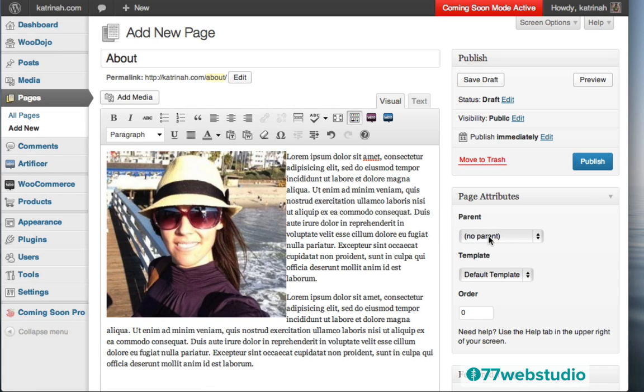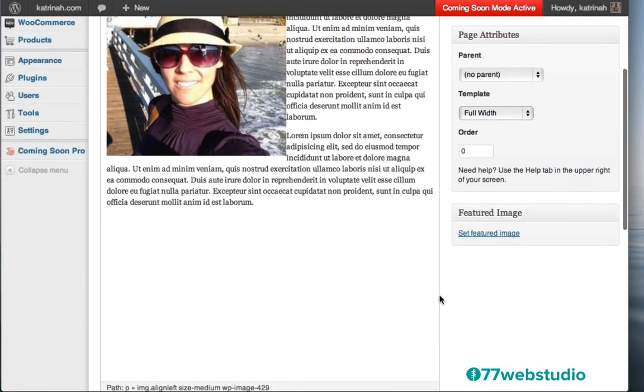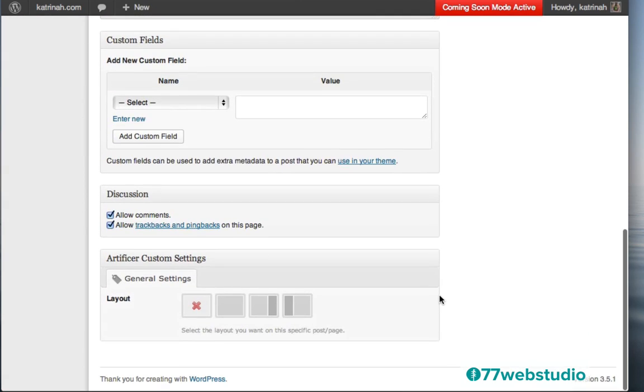Right here it says no parent, and then where it says template, note that when I click on default template, I'll get all these different templates of different page layouts I can choose. So you have an archives page, a blog, contact form, full width, image gallery, sitemap, tags, and timeline. So I want the About page to be full width without a sidebar. I do not want a left or right hand sidebar on this page, so I'll just click on full width right there. And then I'm going to scroll down and okay, this looks good.